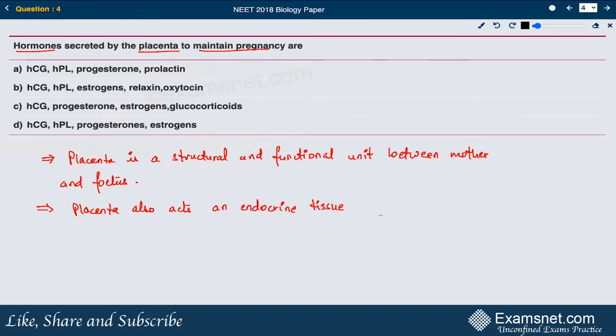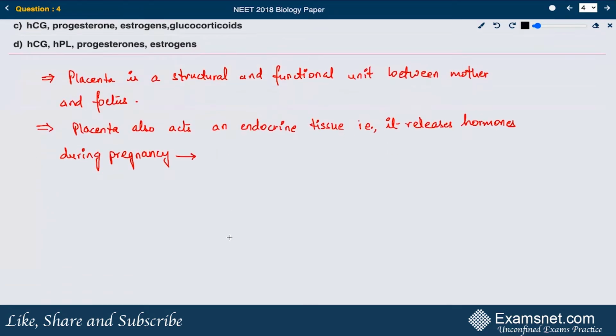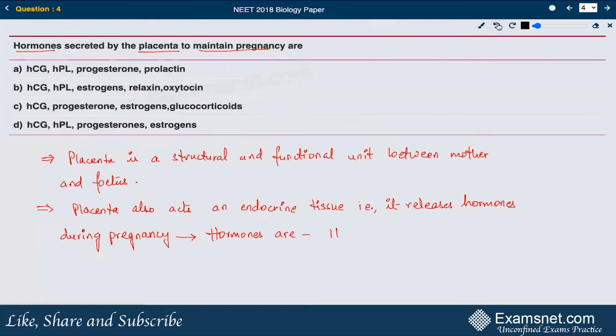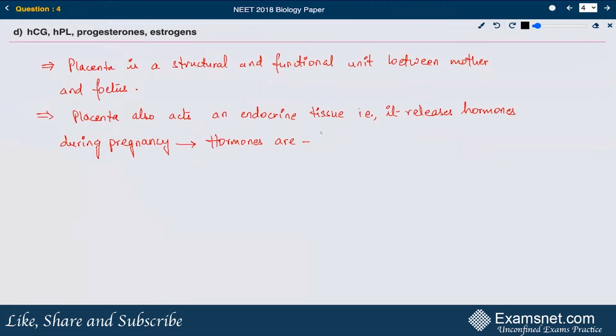So it releases hormones during pregnancy. And some specific set of hormones which are released only and only during pregnancy by placenta are HCG,